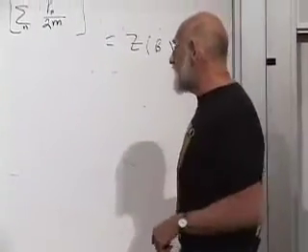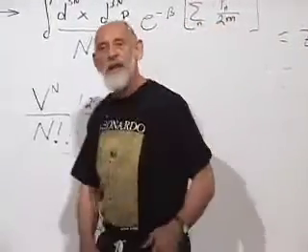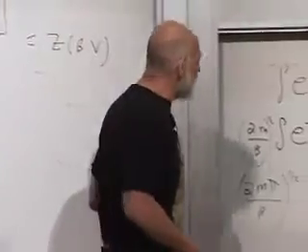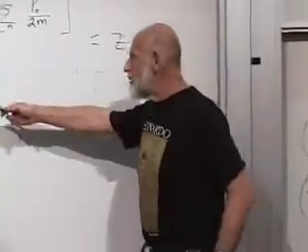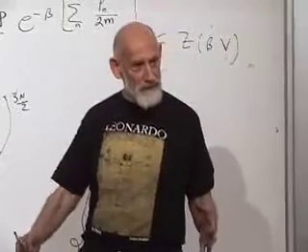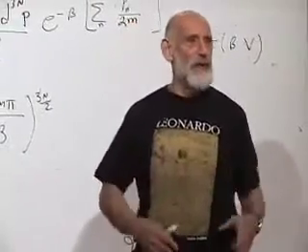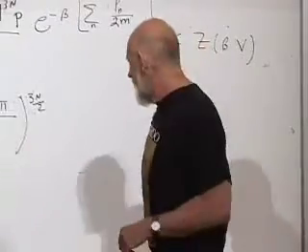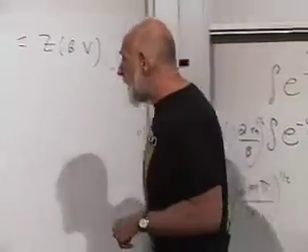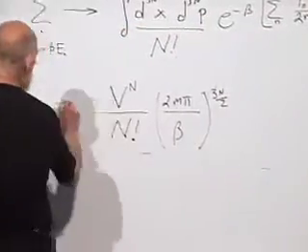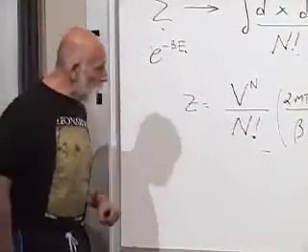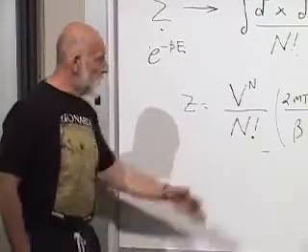Notice the whole thing, even the n factorial, is approximately the nth power of something simple. If we were to have plugged back in the density and all that stuff, this is just the nth power of something. In other words, there's a factor for each particle. We could have done it for one particle and then just taken the nth power of it, and that would pretty much give us the right answer. Okay, so this is the partition function Z. It depends on the volume, and for fixed volume, it depends only on the temperature. Volume is a control factor, and beta is the temperature.